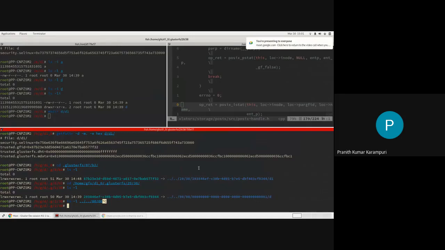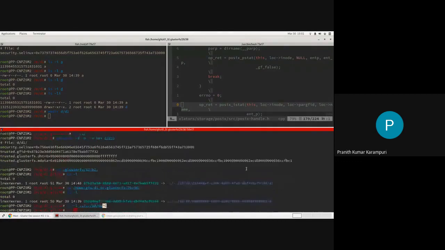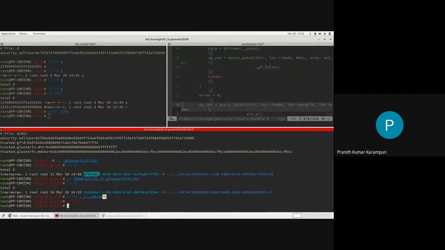So basically, if you have something like D/D1/A, let's say we are doing a lookup on this path relative to the mount. So we will get the parent inode of D1, which is this 87 something, all of this, right? To do the lookup, it needs to find out the complete path of this.